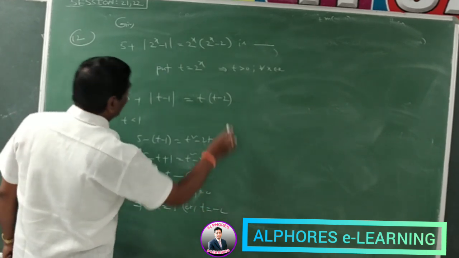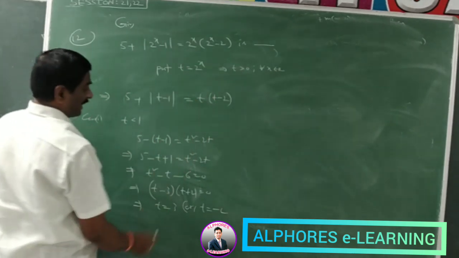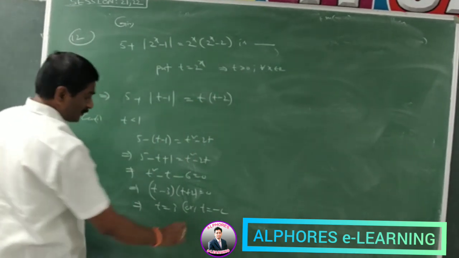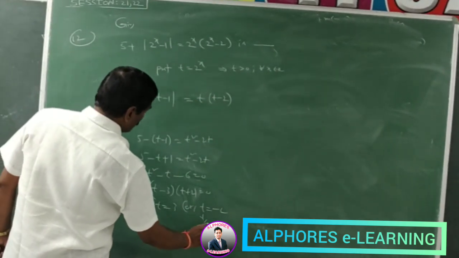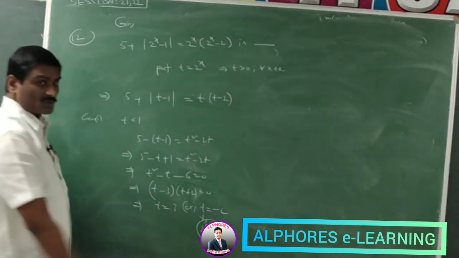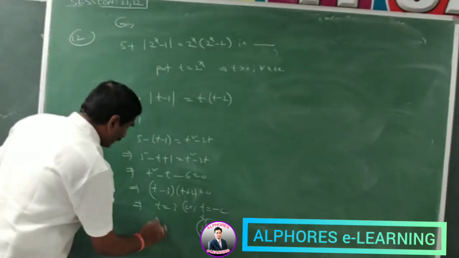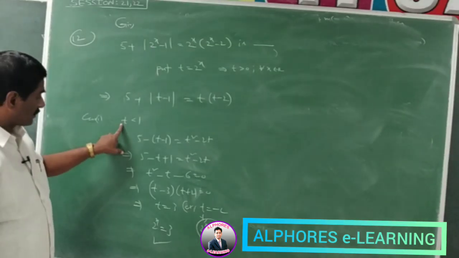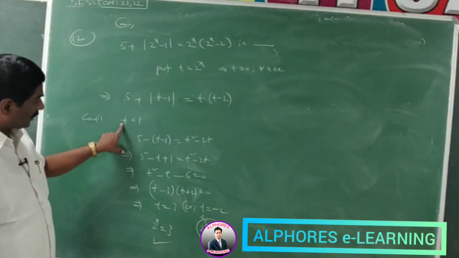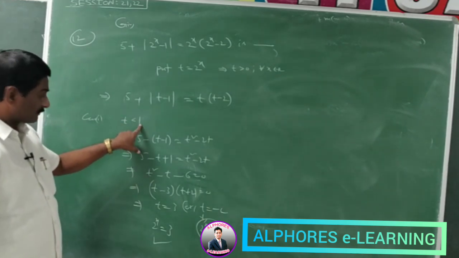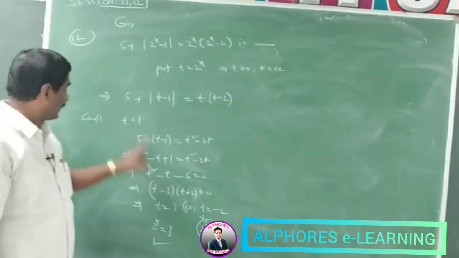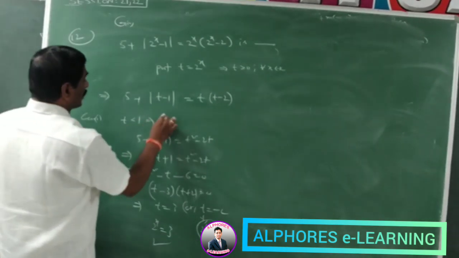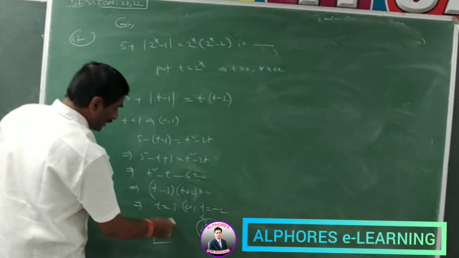t can never be negative. t is always greater than 0. Suppose we take t value as 2 power x. 2 power x is equal to minus 2 is meaningless, no solution. So 2 power x is equal to 3, here we get one solution. But if t is less than 1, here t is equal to 3. t less than 1 means between 0 and 1, but here t is equal to 3. So this is also no solution.